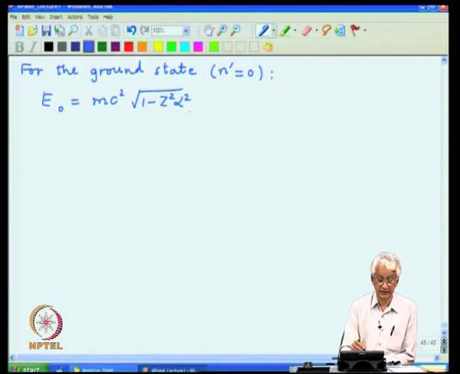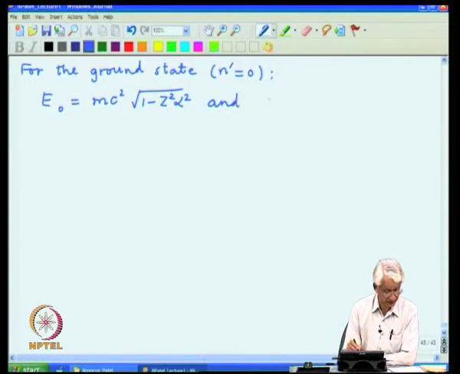It is just the rest mass energy corrected by this fine structure effect,